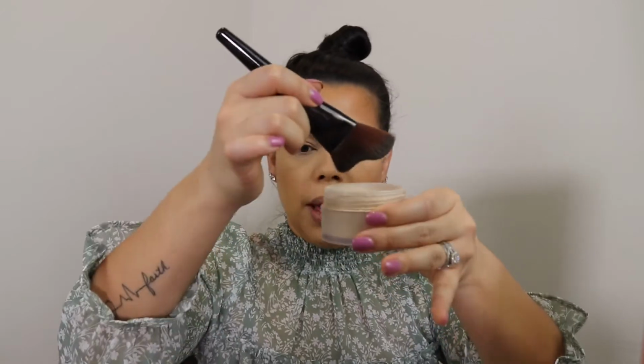I'm going to set with powder, but it's going to be the Laura Mercier Translucent Glow Powder. The glow powder isn't super glowy. It's not illuminating. It's not, well, you'll see. I just really like this powder. So it comes with a brush that's meant to like really hug the cheek. So what I'm gonna do is take a little bit of the powder,